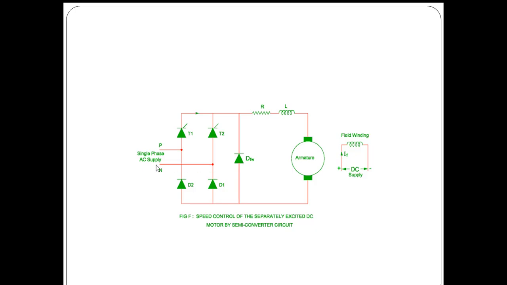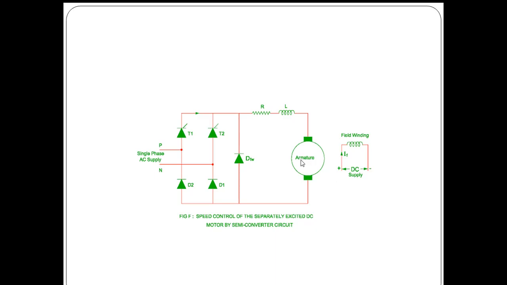supply negative. So in this path, the voltage will appear across the motor when the thyristor T1 is triggered, up to the completion of the positive half cycle of the AC supply. Okay. So depending on the firing angle given to the thyristor T1, we are experiencing output voltage